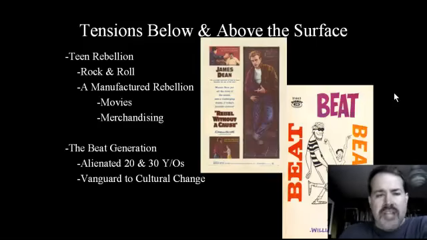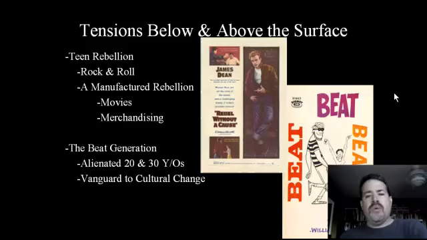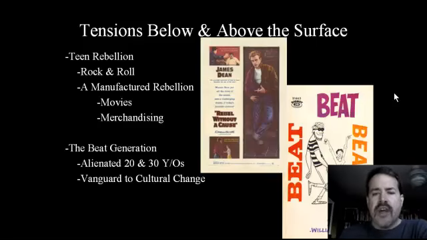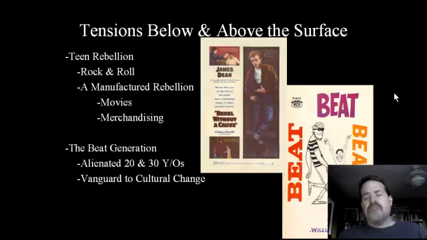So what do teenagers replace it with? They replace it with new styles, but more importantly, they replace it with music. Music becomes sort of the defining element of the 1950s. Rock and roll is born from a mixture of jazz, blues, rockabilly, all coming together. Rock and roll is a truly interracial, multiracial